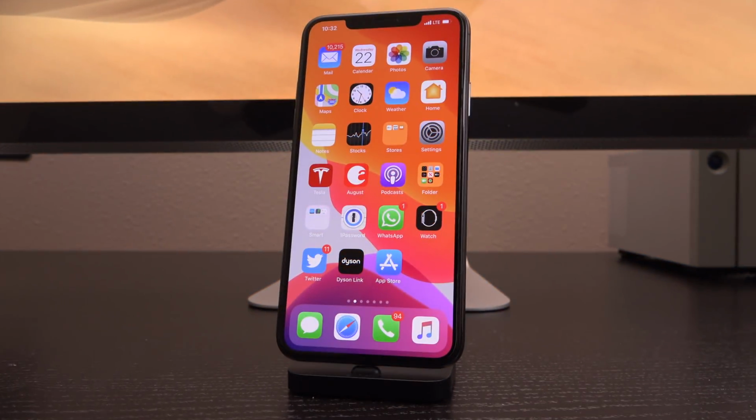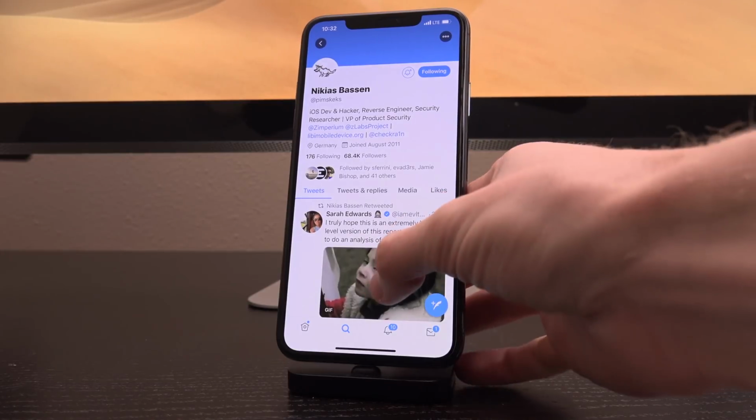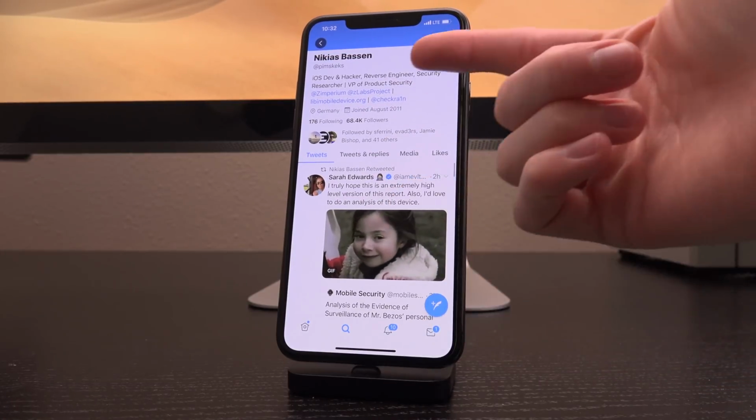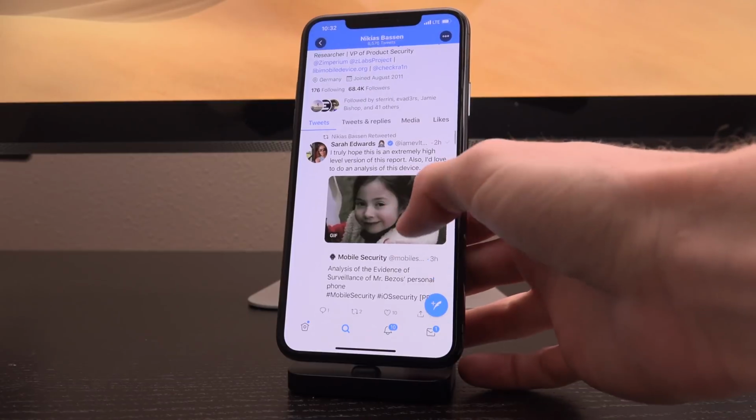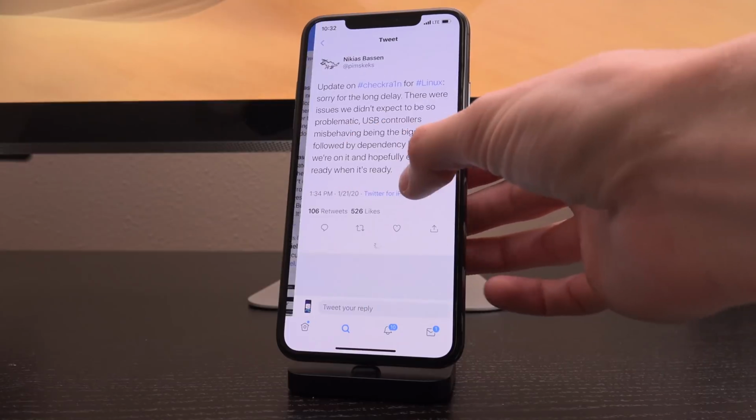All right, so to start off, we're just gonna get straight into it. I know it's so hard to wait, and it has been a very long wait at that, but we do have new information from Pimskex. We're gonna get into exactly who he is in a little bit and how he is related to Checkra1n, but just know that he is a developer with the official Checkra1n team, and he said on Twitter yesterday, quote, update